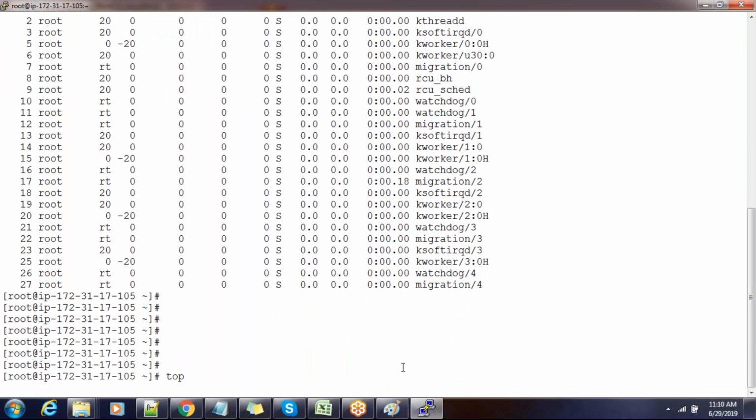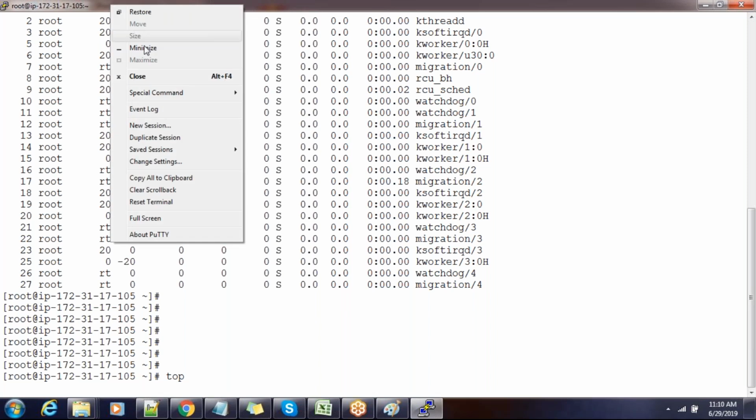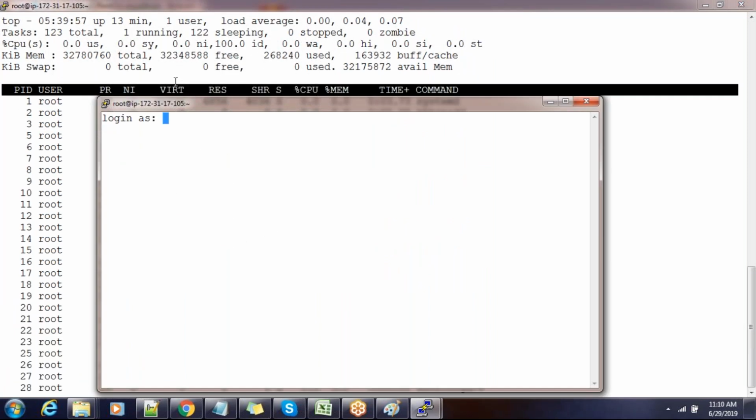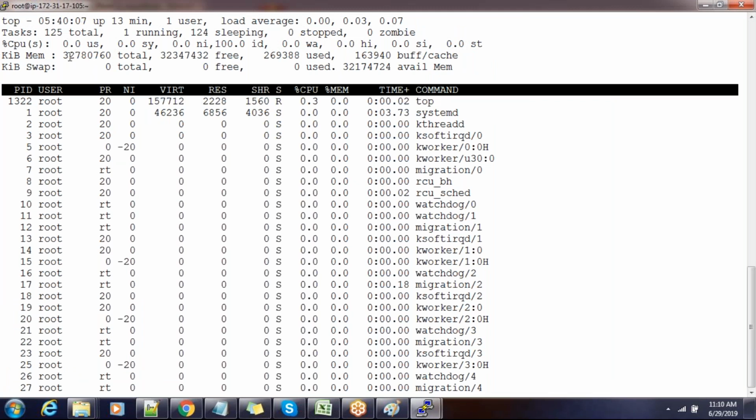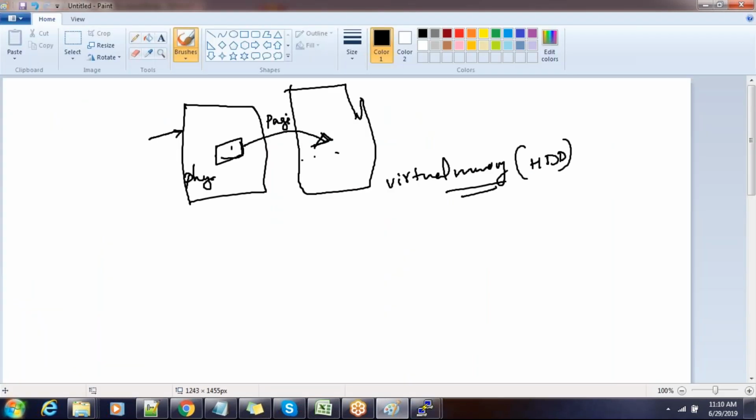Memory usage is also very low here. So whenever the physical memory usage reaches a certain threshold, it starts using swap. VM swappiness is used to control that limit.